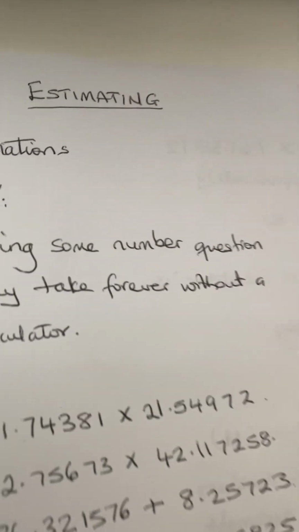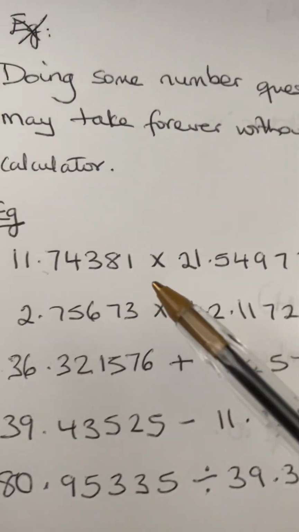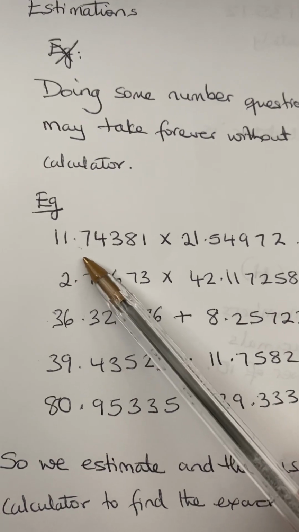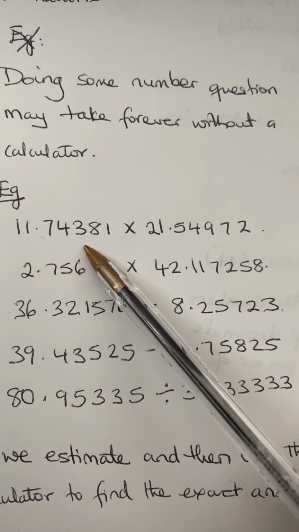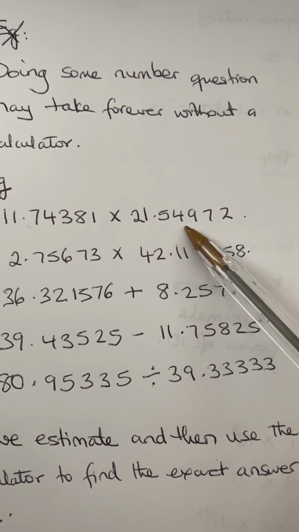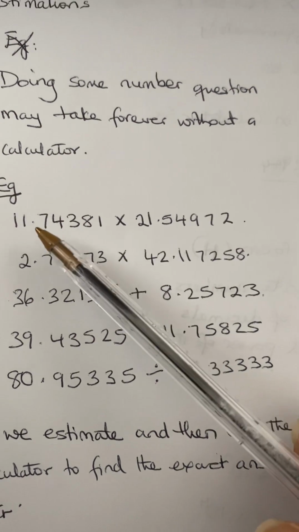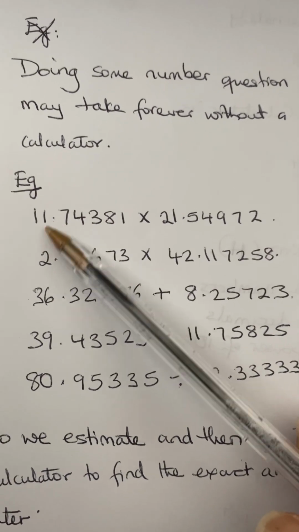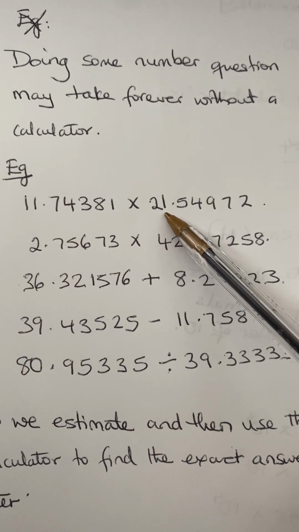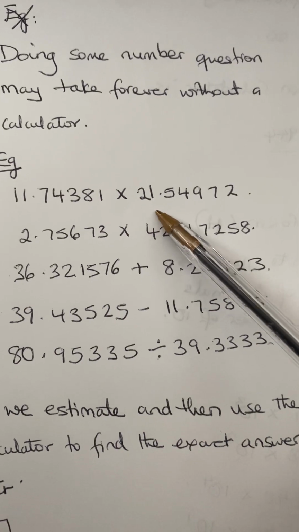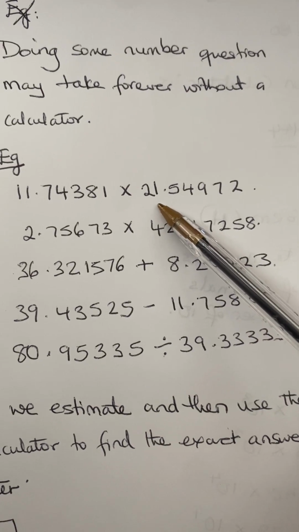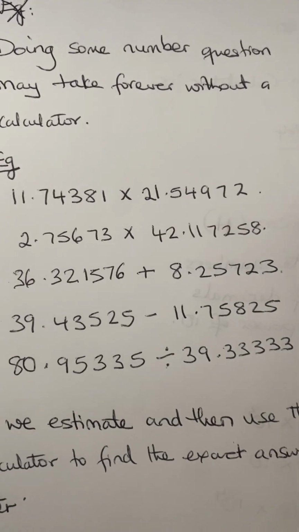So for instance, if you have this huge sum like 11.74381 times 21.54972, just looking at that, the 11 part, I can make it 10, and then the 21 part, I can make it 20. So I'm rounding down or rounding off. So 10 times 20 should give me approximately